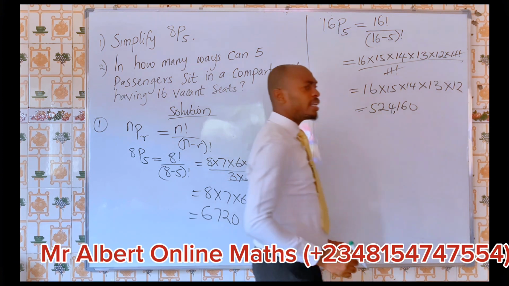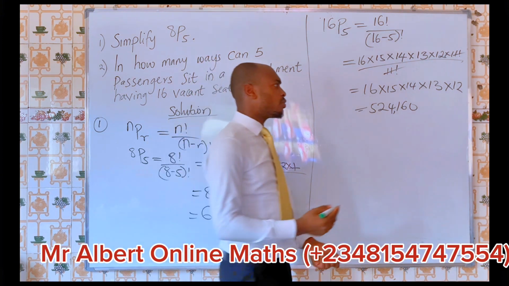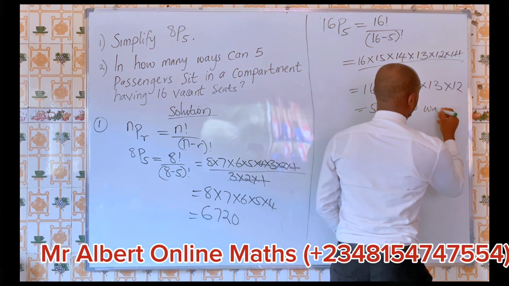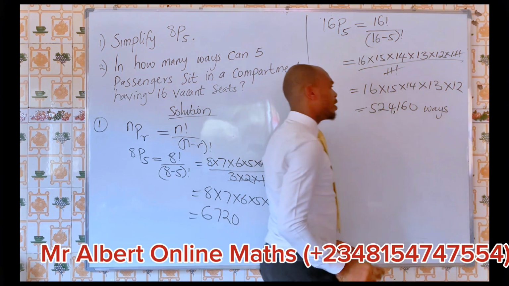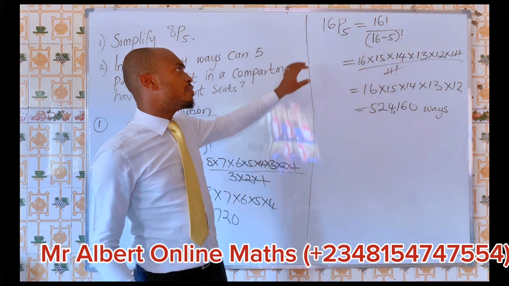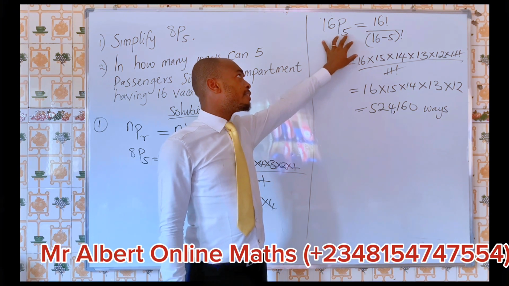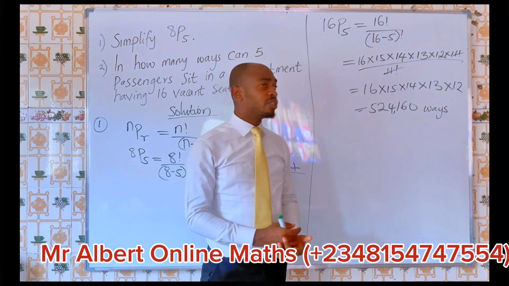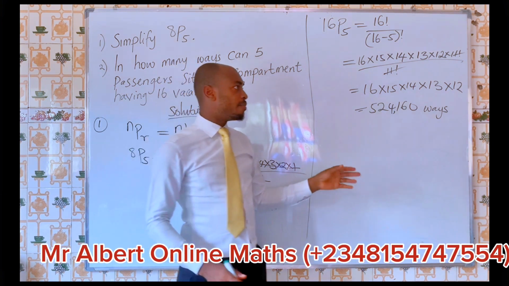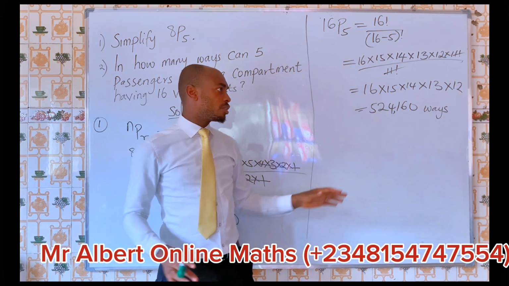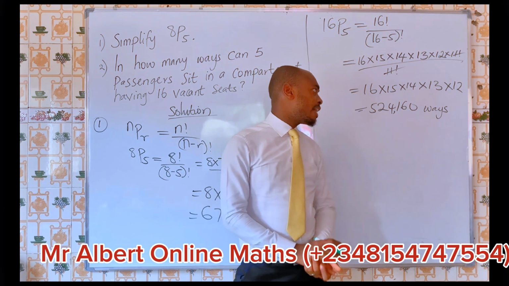524,160. Remember, we said in how many ways, which is what we put as the unit. The unit tells us what we are calculating, the number of ways. That means if you have 16 vacant seats and you want to arrange them, if you want to change their seat positions, the total number of ways is